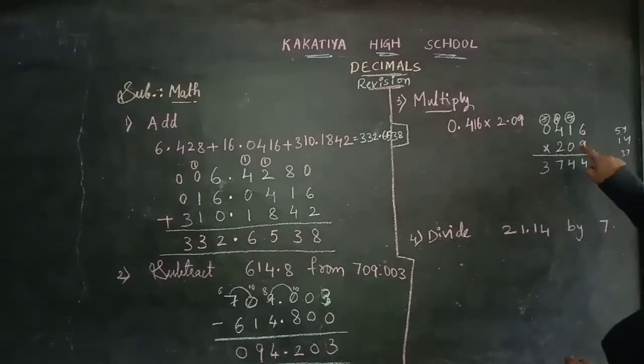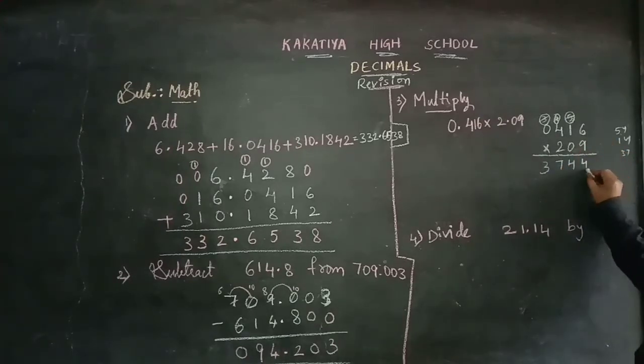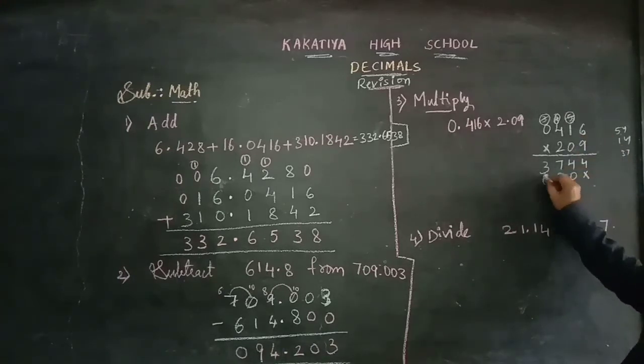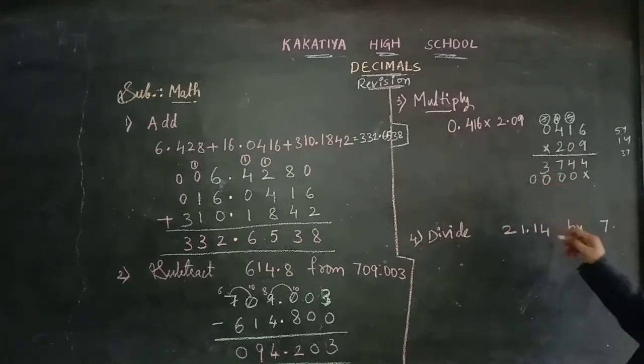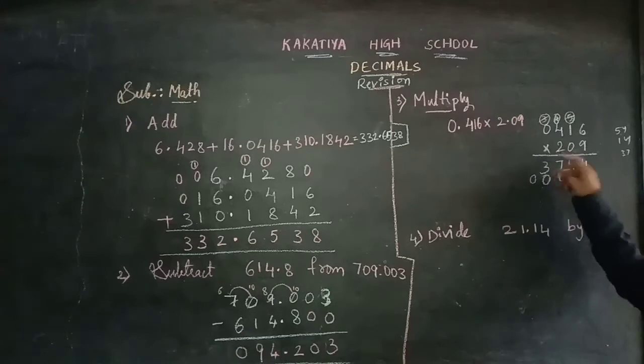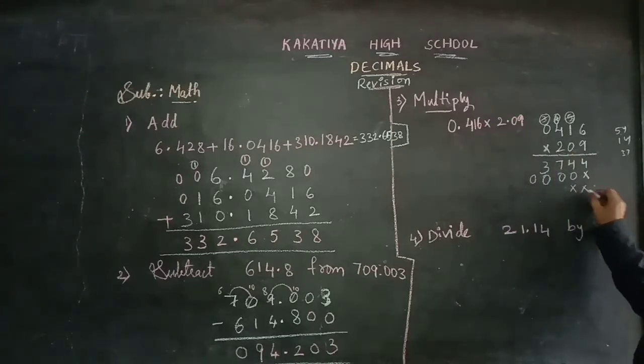Now let's multiply by the 0, which is the second digit. So the tens digit you are multiplying, means in the answer also you need to leave this place here. Now 0 6s are 0, 0 1s are 0, 0 4s are 0 and 0 zeros are 0. Now I am multiplying by the 2 children. So 2 is a hundreds digit, so you need to write the answer also from the hundreds place, means you need to leave the 2 digits.